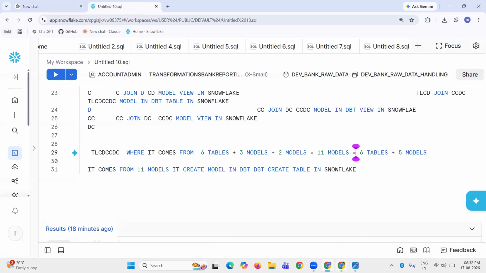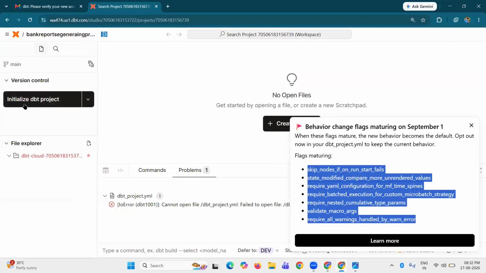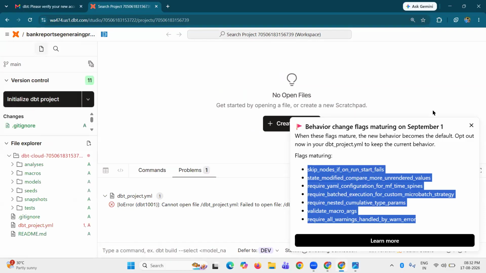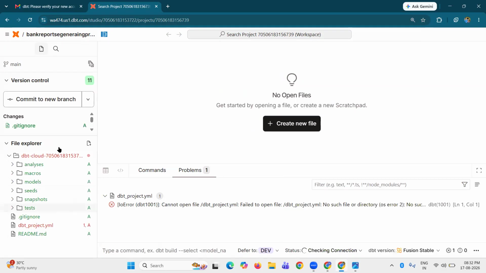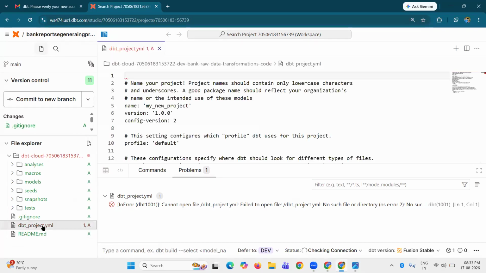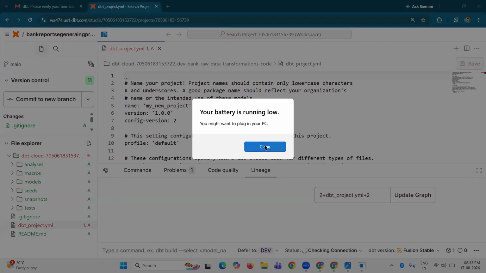Okay. So now we move to DBT. So here you can see initialize DBT project. Click on this one. So now these are the folders we have: DBT cloud, analysis, macros, models, seeds, snapshot, test. Okay, git ignore, and the DBT project YML file, readme.md. Okay, click on this DBT project YML file. So this is the